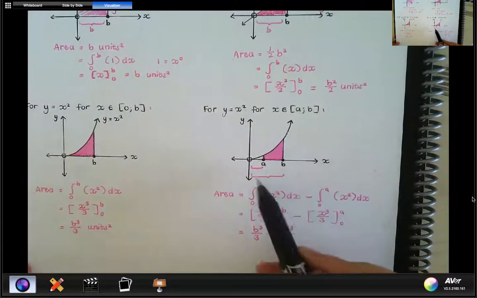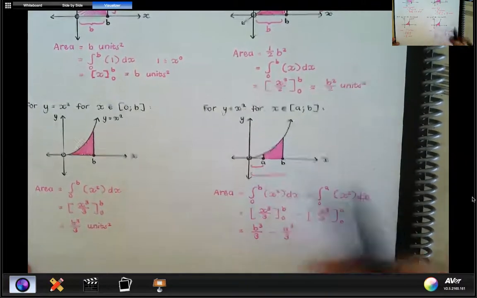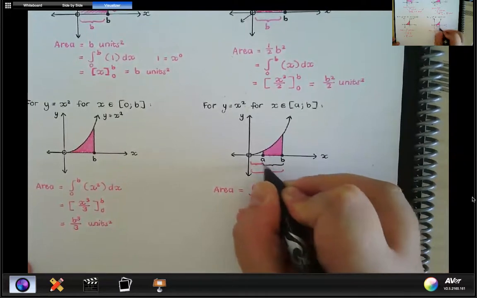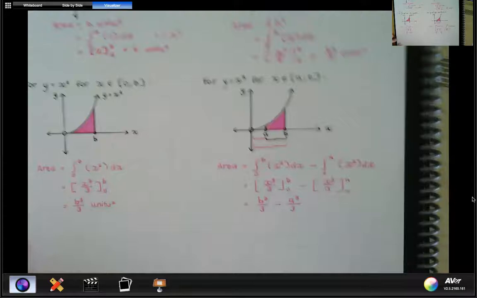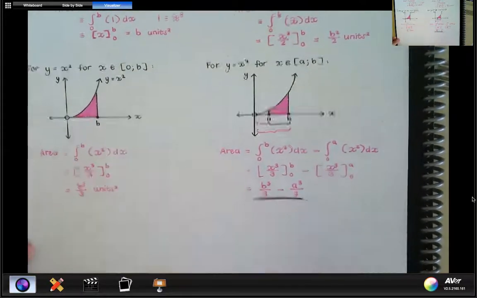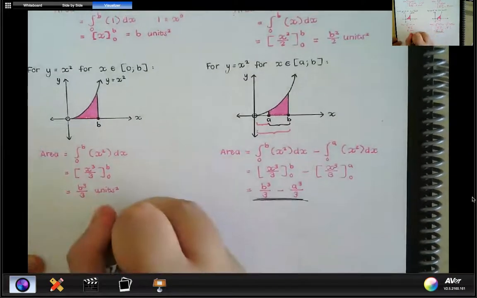Instead of saying that I'm going from 0 to b and then from 0 to a, I'm going to say that I'm going from a to b, because this is actually what we're looking for, right? We want to do it in as few steps as possible. Remember, we're trying to get that b cubed over 3 minus a cubed over 3, because that is what the area is. We're going to say, therefore,